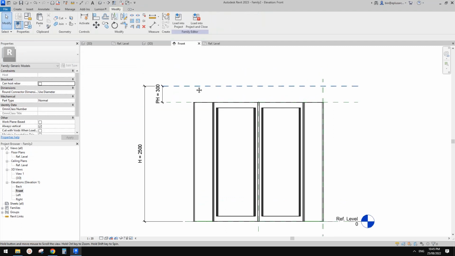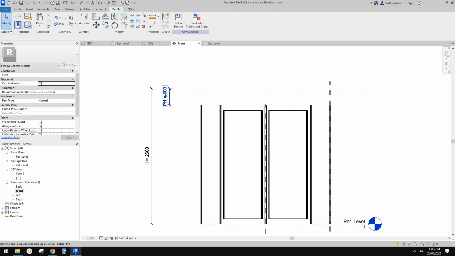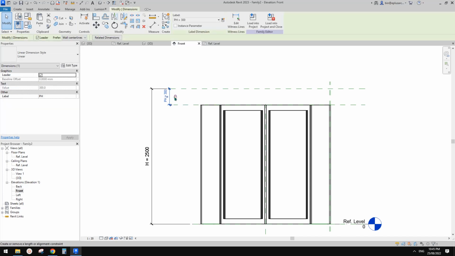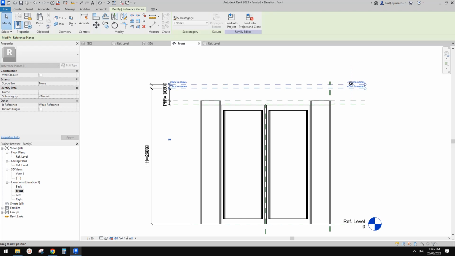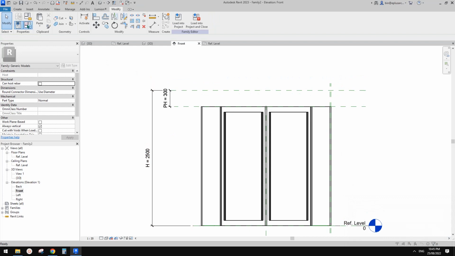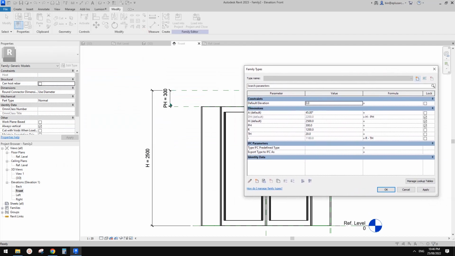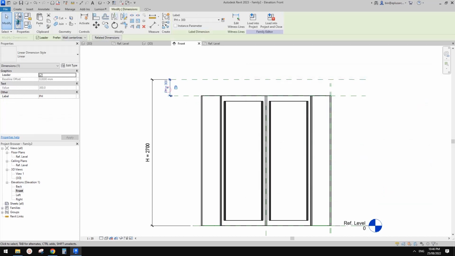So go up. Okay, so this is not a big problem, just lock this. This lock doesn't mean this can't change. This lock means when you move this one, okay, looks like it should be fine. Sometimes it won't work when you drag the reference plane or the reference line, but you always test in these family types. So for example, if I want to change the H to 27, and it works, right? So this lock means when you change other